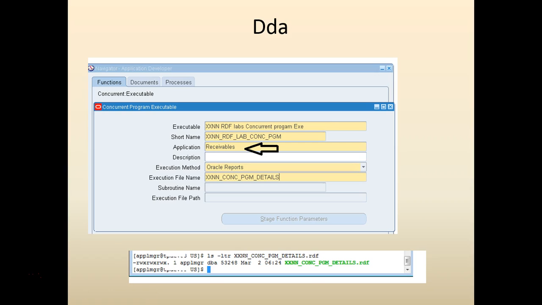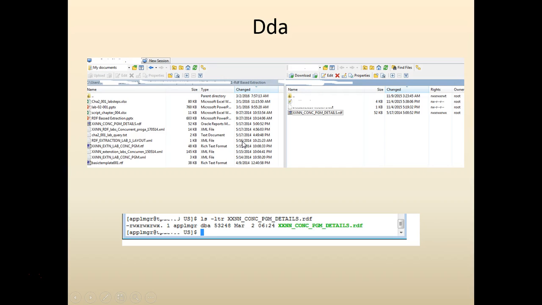So normally it's under the application tab, followed by application tab reports, then followed by /us. So in my case, I'm putting it under the receivables tab. So I'm going to create. So once the report is now migrated over to the Unix box,